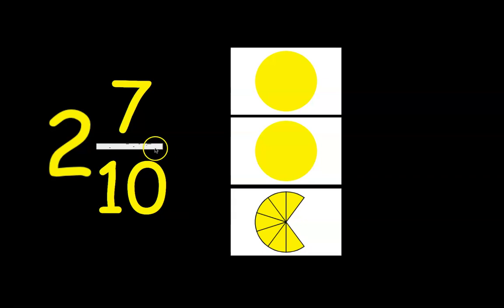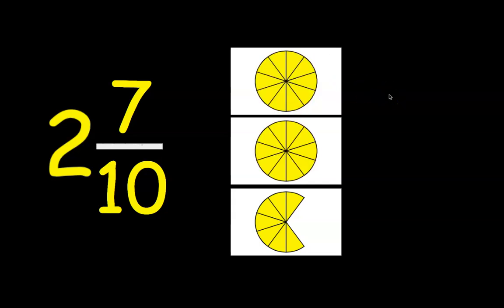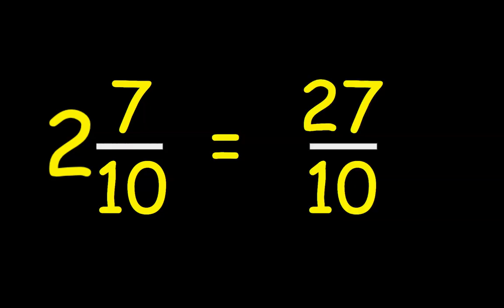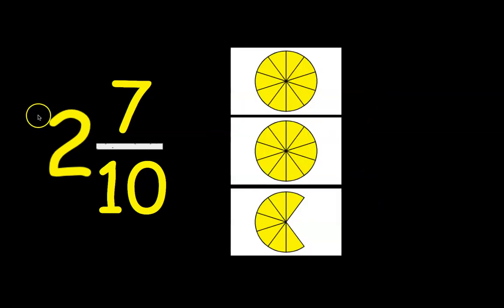7/10 of a pizza. I have a pizza that was cut into 10 equal pieces, and I have 7 of them. There they are. 1, 2, 3, 4, 5, 6, 7. Well, I think we need to cut these 2 here into tenths as well. Right. Well, you probably can see that for one of these, I get 10 slices. For another one of those, I get 10 slices. And then I have 7 slices here as well. So let's go. 10 slices, 20 slices, 7 slices, 27 tenths. You see, there's 10 tenths there, 10 tenths there, 7 tenths there,